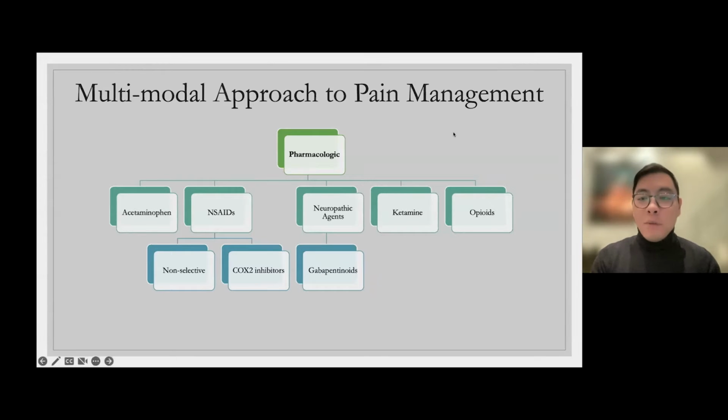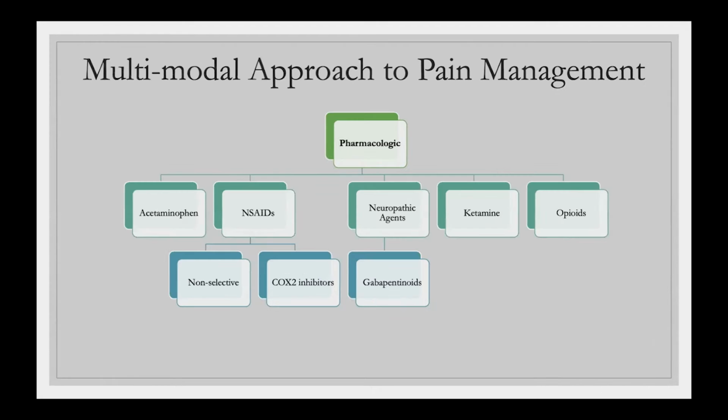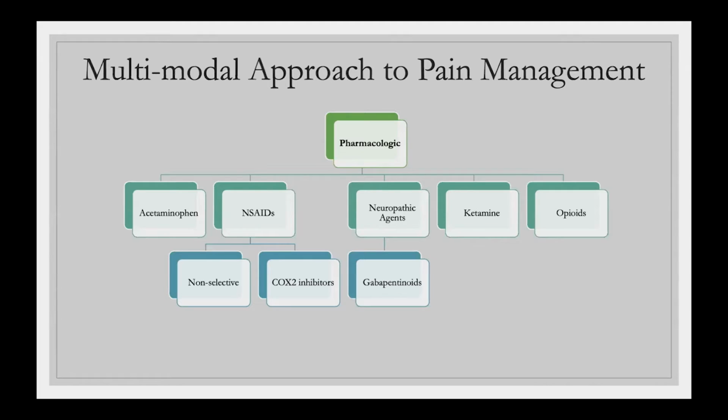We will talk a little bit about opioids later, which is the stereotypical thing we think of as pain medication. Things like morphine and related compounds like Norco, Percocet, stuff like that, which still do have a place in pain management, but it's a little bit more narrow. But instead of just focusing on that, which is what was done many years ago, we've come to find that there are multiple other different agents that can be used, and especially well in combination. If you're using multiple different agents, you're going to get a lot better pain control than just focusing on one agent in and of itself.